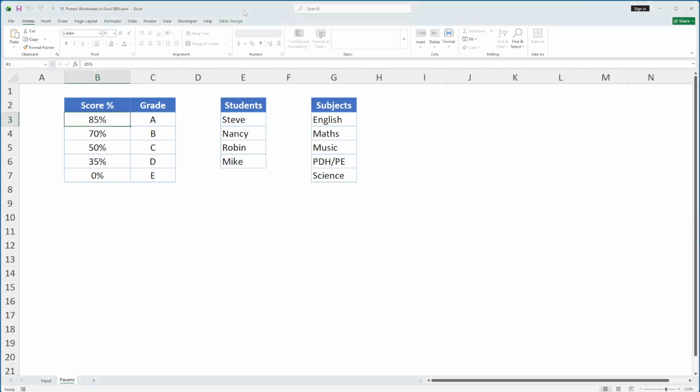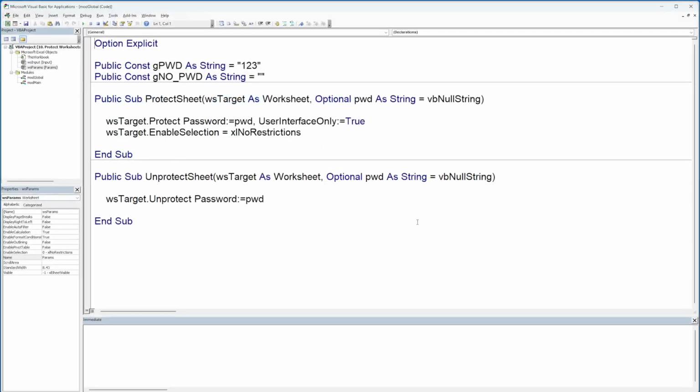Okay, so I have closed the workbook and reopened it. I haven't made any changes at all. If I hit close, it's going to ask me, do you want to save it? I haven't done anything. So the user might be sitting there thinking, oh, what have I changed? All right, so let's go back to the macro, to this workbook,